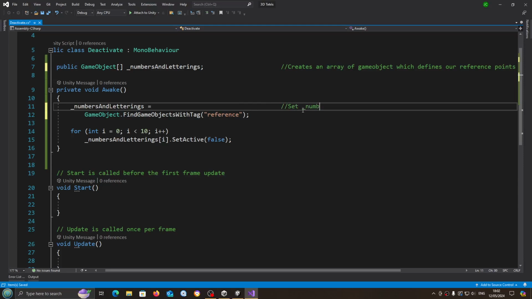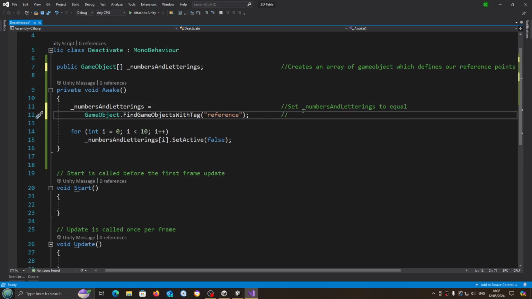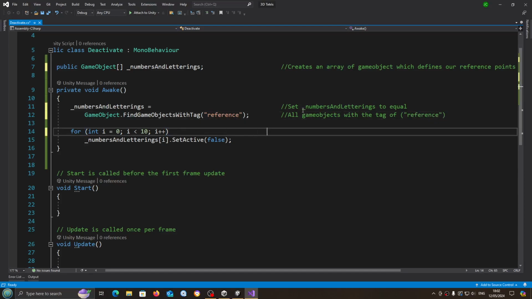And we'll put that we're setting numbers and letterings to equal all game objects with the tag of reference. And we'll put for all,